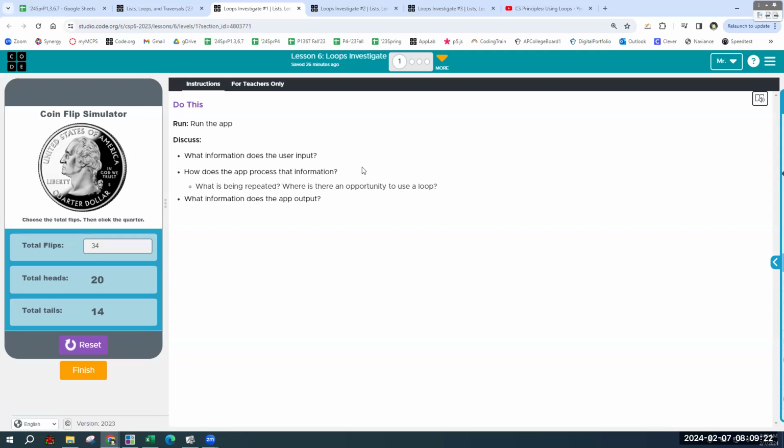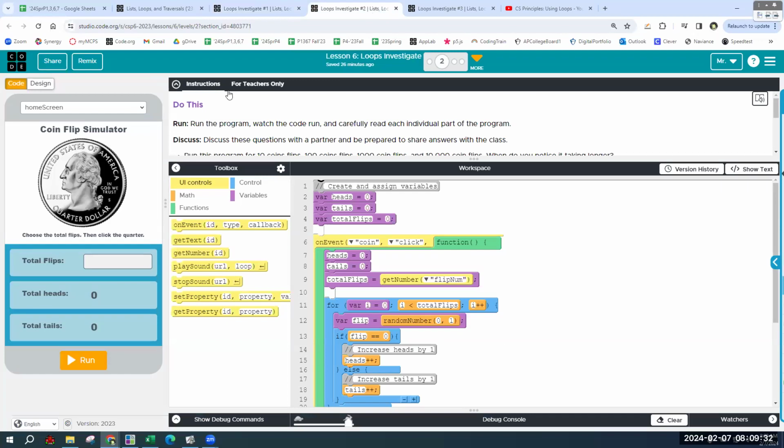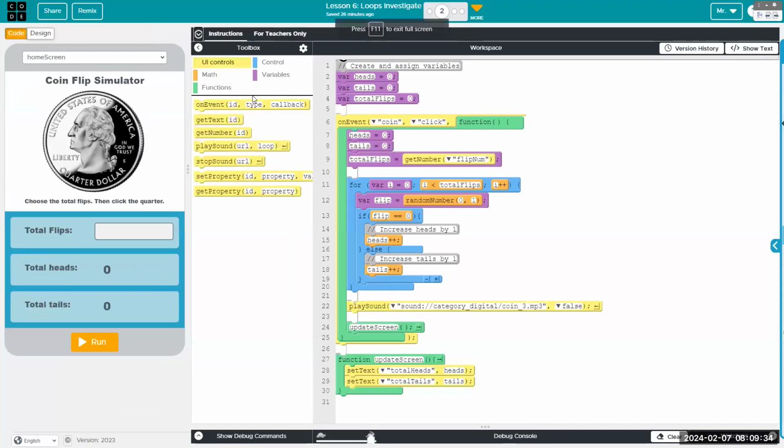Well, we'll see here in a second, but we've seen before the use of random number, which is the only way you can do this. Go ahead to bubble 2. So the way that it's doing it is with random number 0 to 1.